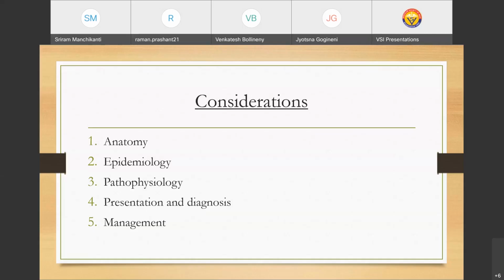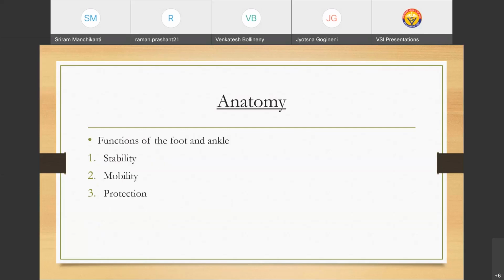I'll be discussing the topic in 5 headings: anatomy, epidemiology, pathophysiology, presentation and diagnosis, and the management. So briefly coming into the anatomy, the function of the foot and ankle is basically to maintain stability of the limb, to ensure adequate mobility, and to protect the underlying bony structures from erosion due to the constant pressure and